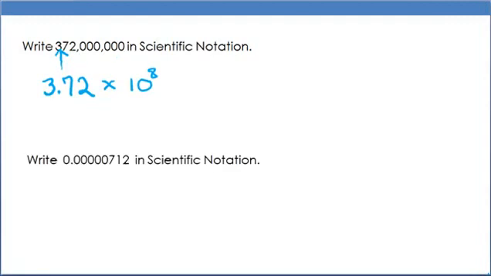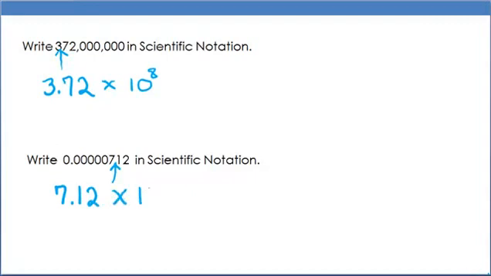Let's look at another example. Write 0.0000712 in scientific notation. So this is a very tiny number. First step is to choose where the decimal should go. The decimal has to go between the 7 and the 1. That is the only choice. So we'll have 7.12